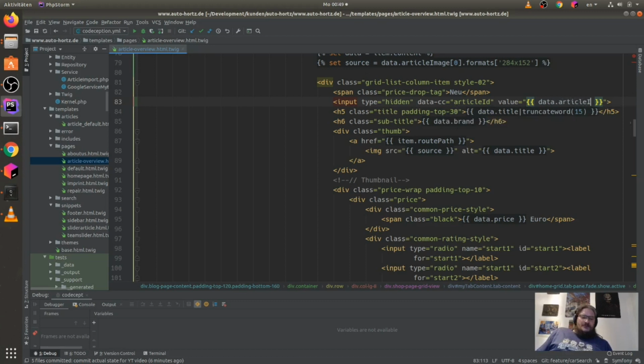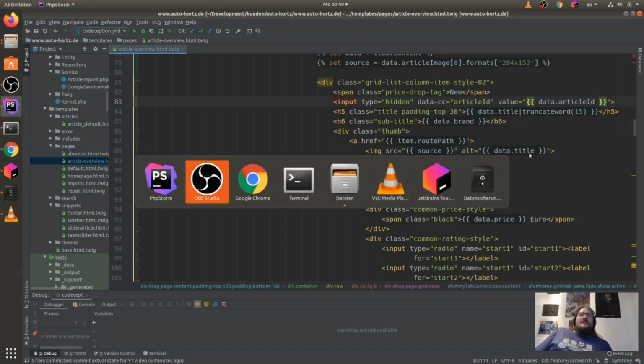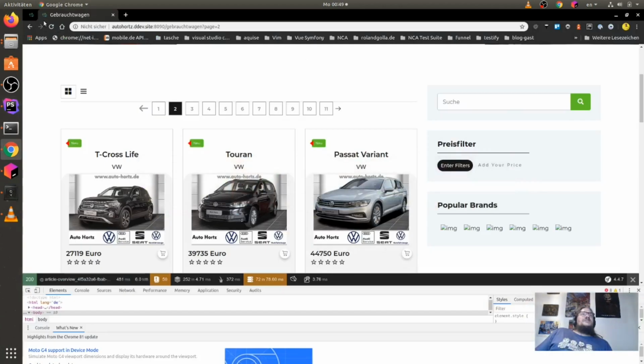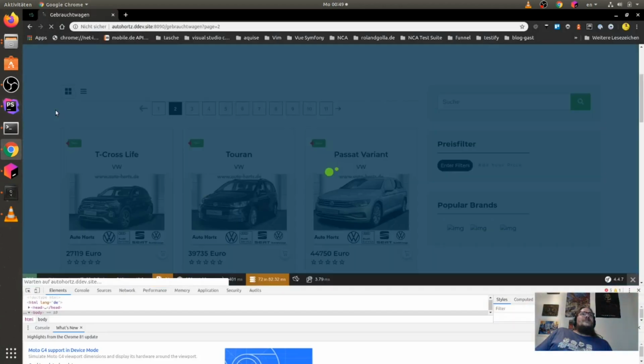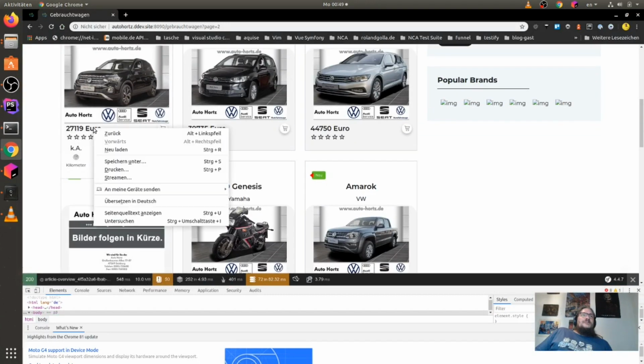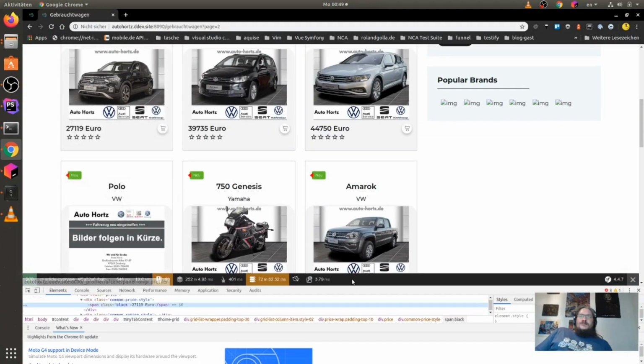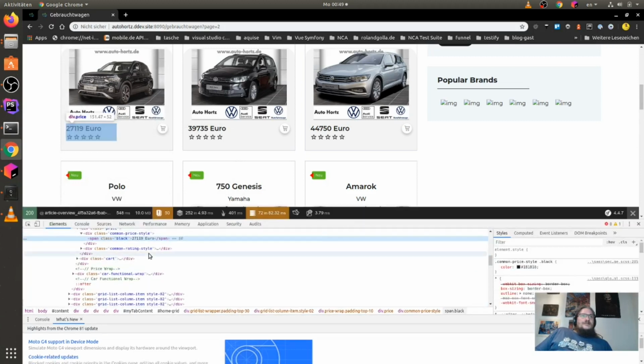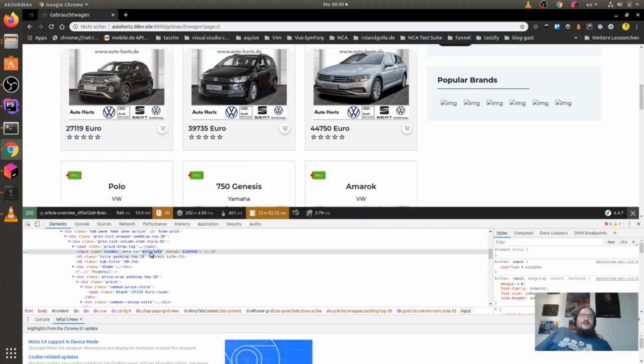I hope I write it like this. We will check if this works. So now we have here our article ID with the right value, and now this is definitely a unique ID for me.